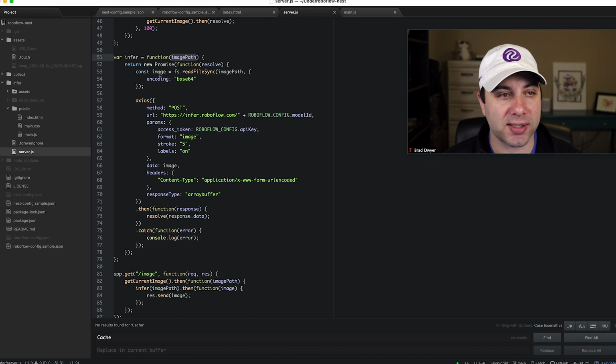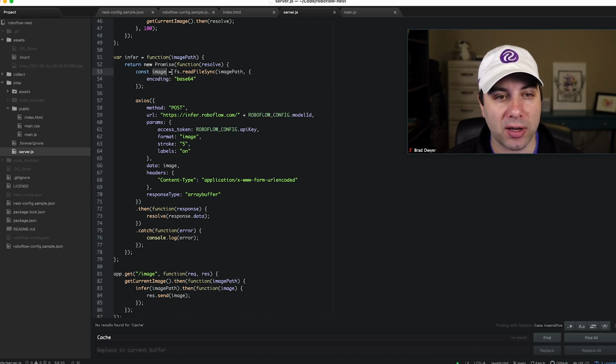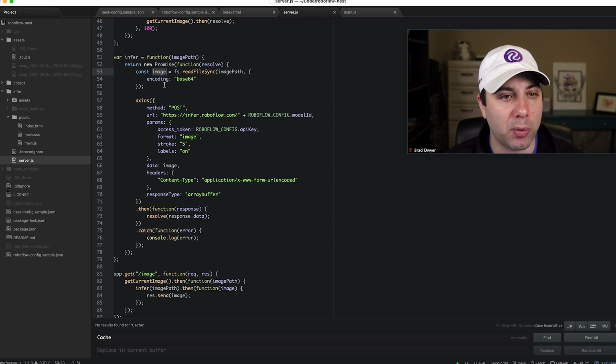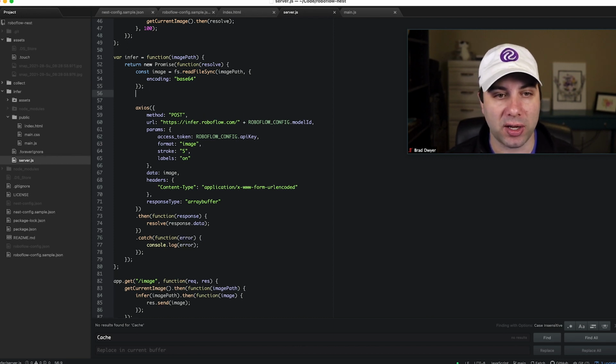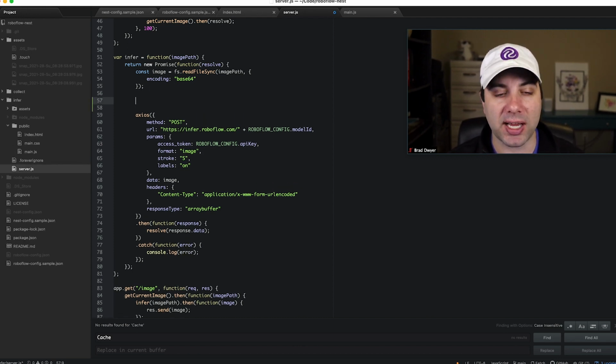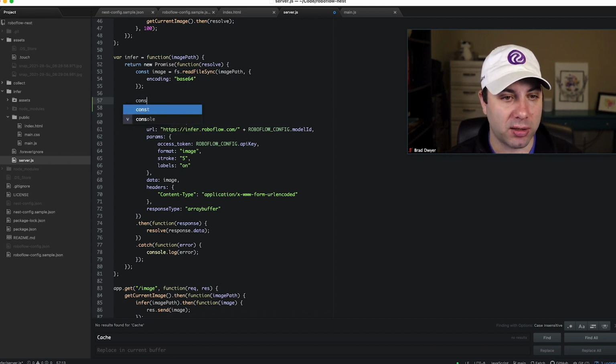So the way that it does that is it's going to take the image path, which again is this asset/snap timestamp. It's going to read that file with the encoding of base64. So now we have a base64 file called image, which, I don't know if you guys know what base64 is, but it's like an ASCII encoding, essentially, a text encoding of the binary. So I can actually